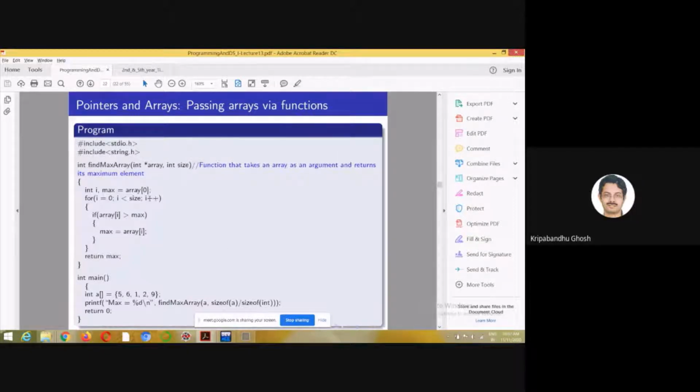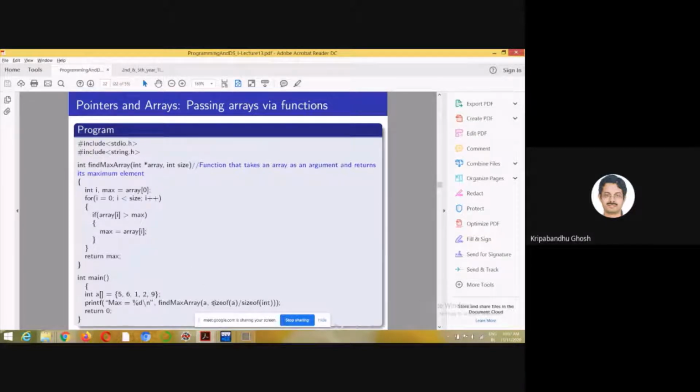So if we can calculate the size or the number of elements in an array within a function instead of passing the value, as it appears, that is not possible, because offhand I could not find a way by which it can be done.